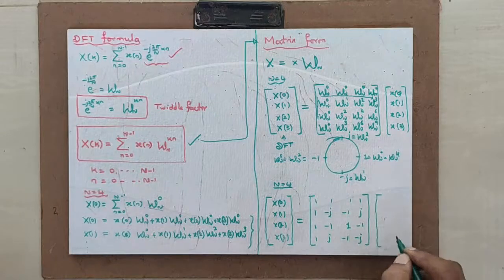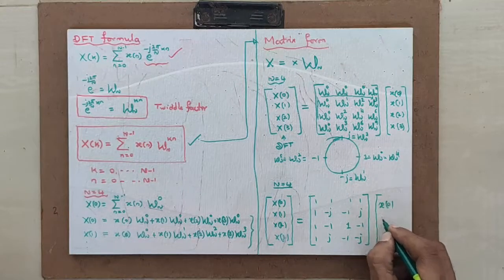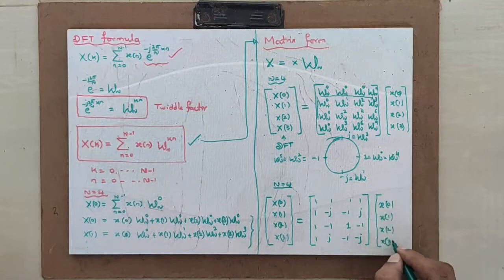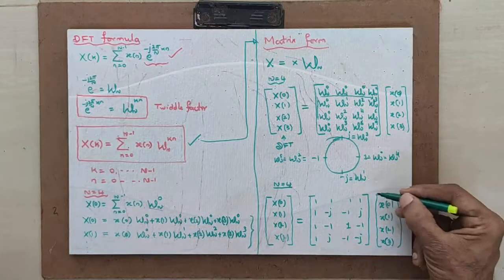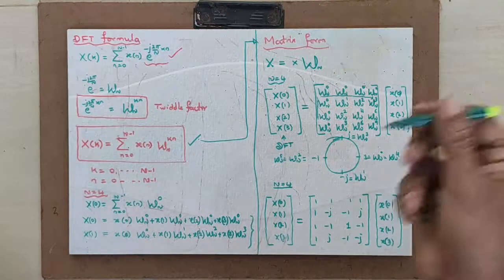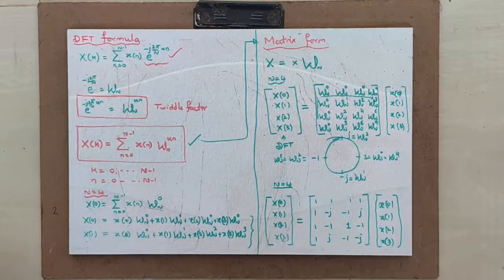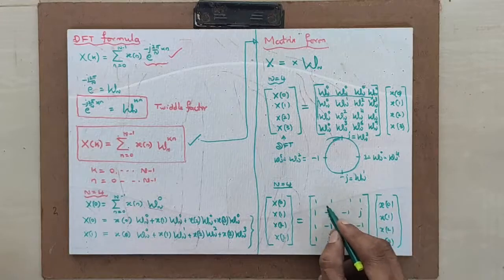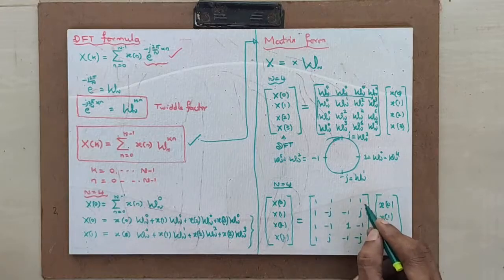Now this is input x0, x1, x2, x3. This is how this twiddle factor works. Now you can find out. I will take a simple example in the next slide or next board and solve it for you. Please see this. This twiddle factor matrix filling is very easy. First row you fill with 1.